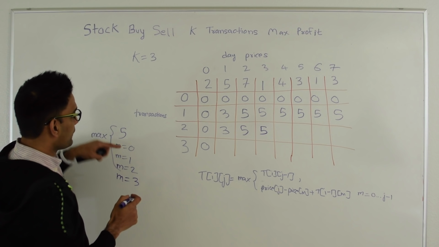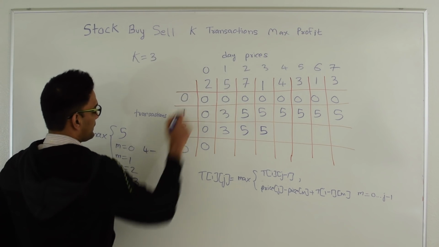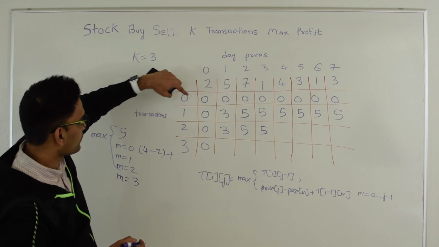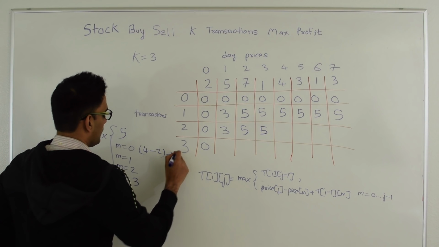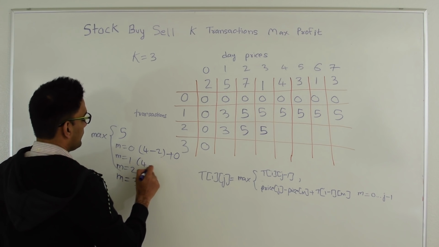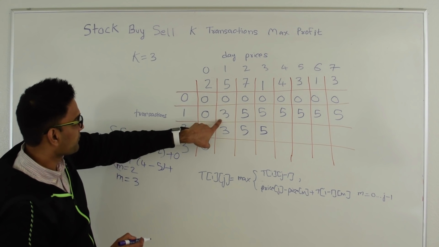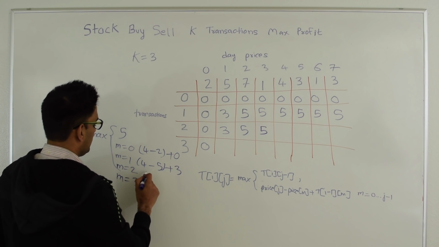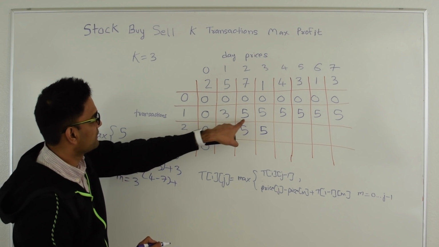So if you sell on price 4, so 4 minus, if you buy at 0th day, so 2, plus best you can do with one less transaction ending at 2, which will be 0, or 4 minus 5 plus this value 3, so this will be 3, or 4 minus 7 plus this value 5,